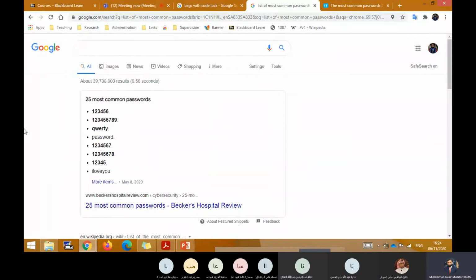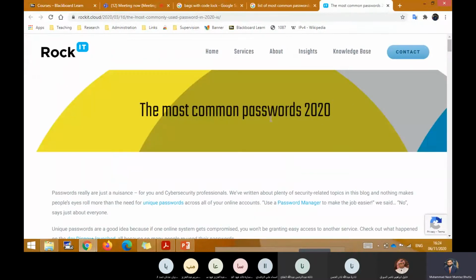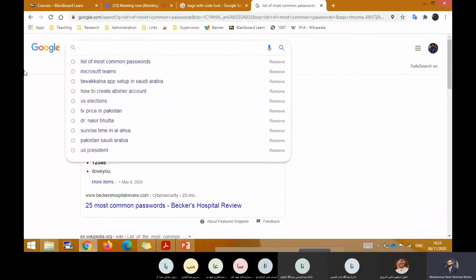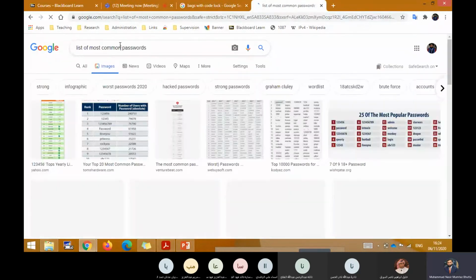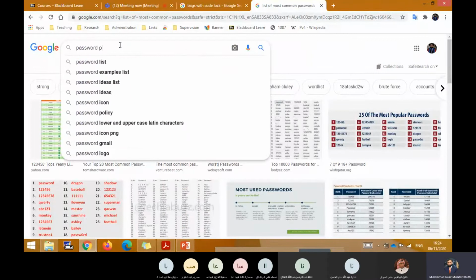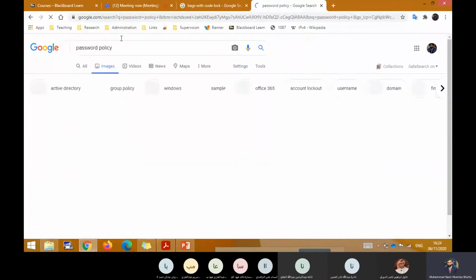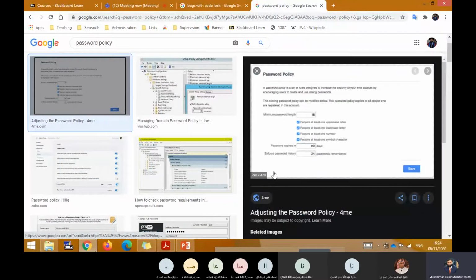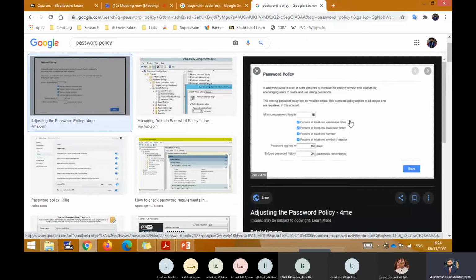Okay, if I, for example, show you how to use these passwords. Usually when you select a password, you get these kind of restrictions which require you to choose the password a certain way.